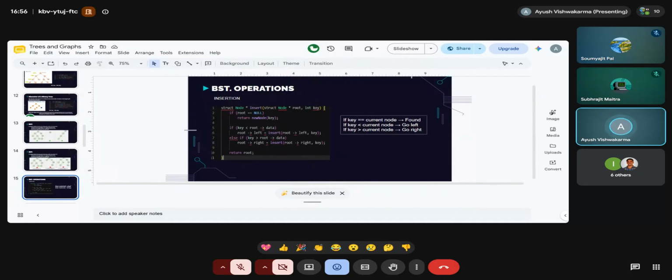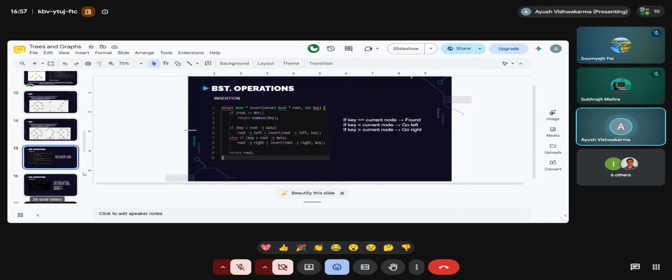Okay, and this is your algorithm. That's what you are doing in this insertion function. And the worst case time complexity would be big O of log n for this approach. Okay,